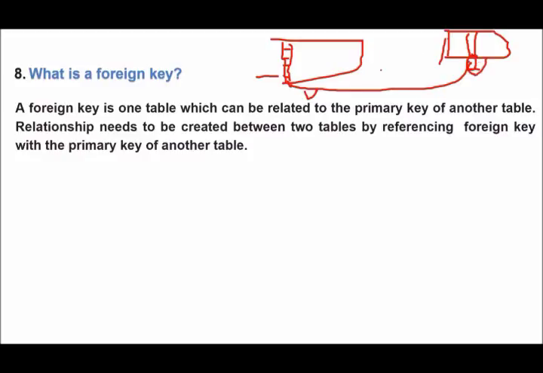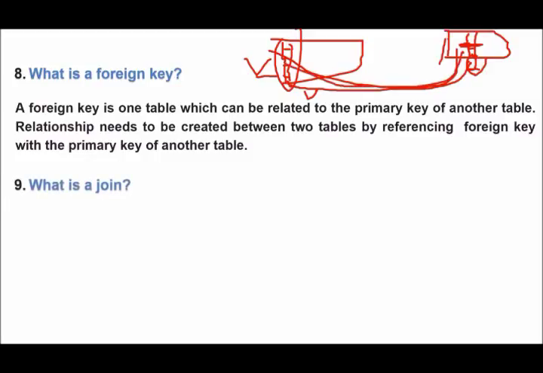So what is referential integrity? Why is a foreign key needed? A foreign key is needed because you cannot delete data from here, as it is referenced to the primary key. Because this is the primary key of this table, which uniquely identifies it, you cannot delete it. If you try to delete it by mistake, or by any means, it will not be deleted because it is referentially integrated with this primary key.